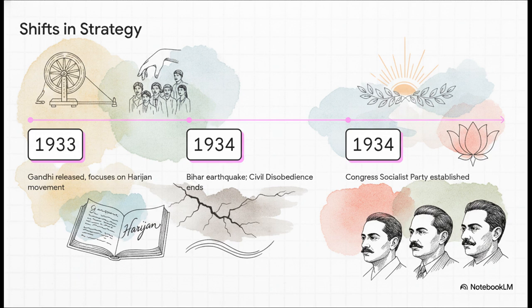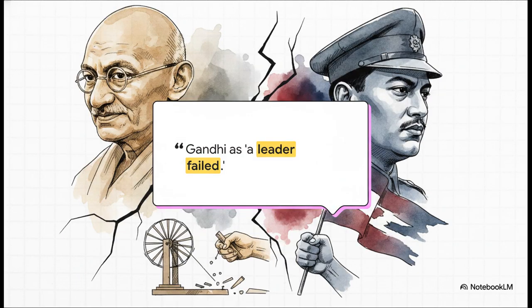And in response to this major ideological pivot, figures like J.P. Narayan, Narendra Dev, and A. Patwardhan stepped up and established the Congress Socialist Party to implement a socialist program directly within the INC. Now, this ideological clash really reached a boiling point. Subhash Chandra Bose openly demanded a new objective and new leadership for the Congress, bluntly calling Gandhi's suspension of the movement a failed leadership. This internal friction was a glaring, flashing signal that the unified front was starting to fracture over exactly how to actually achieve freedom.